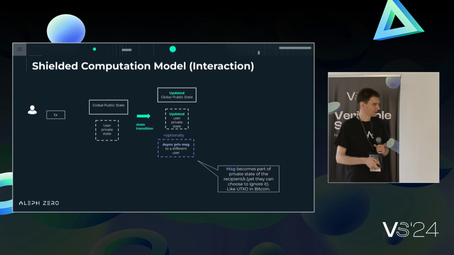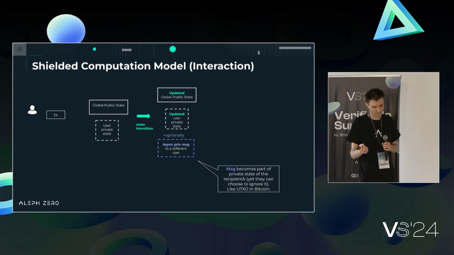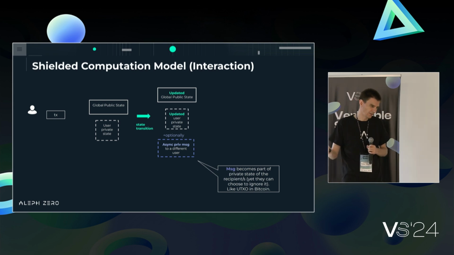What does it mean for the private message? Think of this as in Bitcoin. So basically, you send a transaction which spends some coin, puts a little bit of this coin on your account and the other part on some other account. But what does it really mean? It means that you created this UTXO with a particular spending script or spending keys, right? So now the user who has the spending keys, they can basically spend this particular UTXO, and it's similar here.